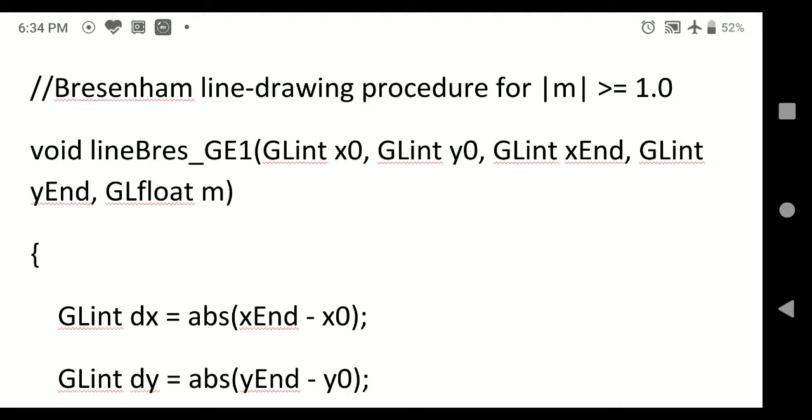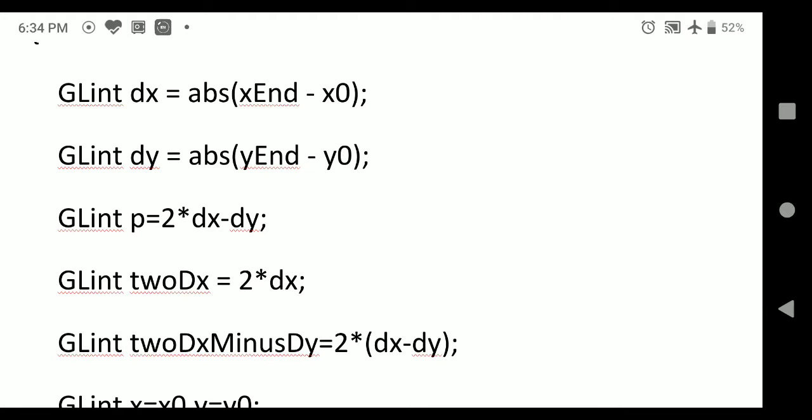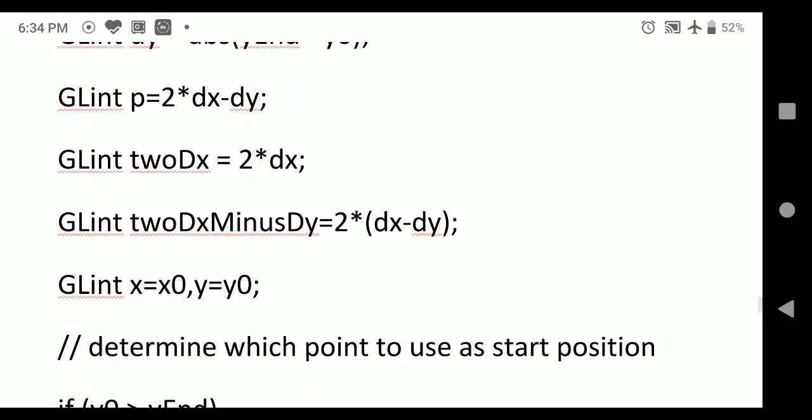This is the case where it is sure that the line is incrementing the y value, but it has to decide whether to increment or decrement the x value. So in the same way we will be having the parameters dx and dy, and the three parameters are now flipped. P equal to 2 dx minus dy. For L1 it is 2 dy minus dx, for GE1 it is 2 dx minus dy. Everything is opposite now. In the place of dx we are putting dy, and in the place of dy we are putting dx.